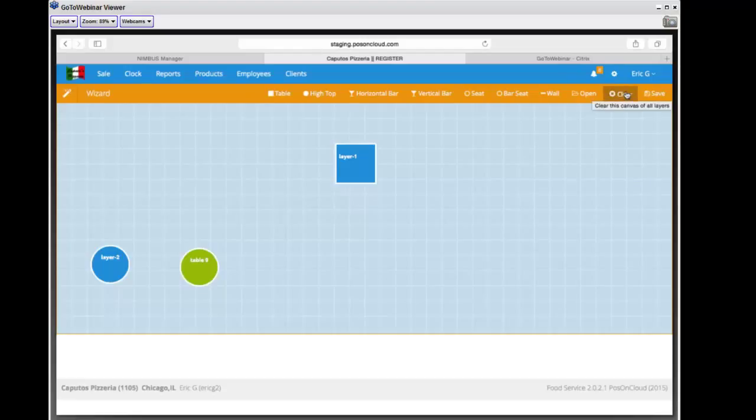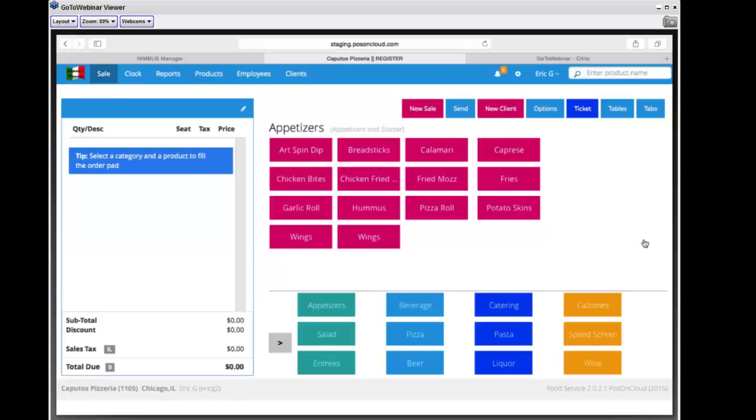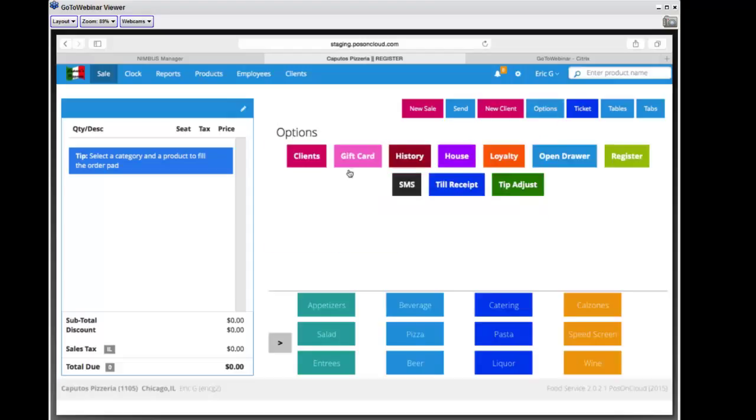Do we have any questions that anybody'd like to go over? Any other features you'd like to see more on? One question in regard to the gift card program. I don't think we've covered that at all, and so maybe if you can speak to how that works with the system. Sure. I don't have the card reader here, so I can't walk you through the whole process, but